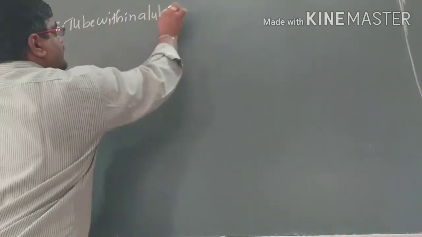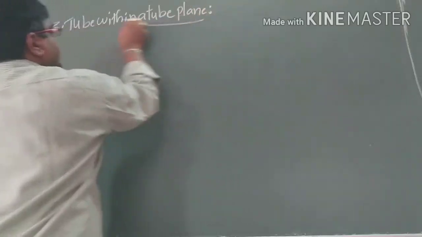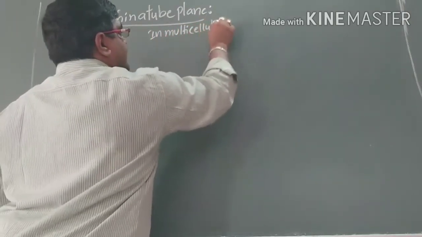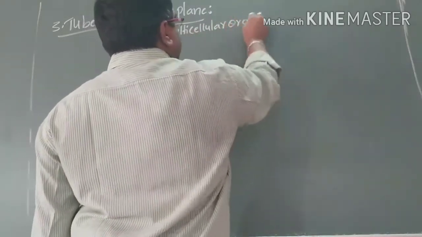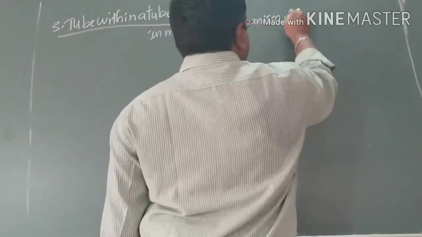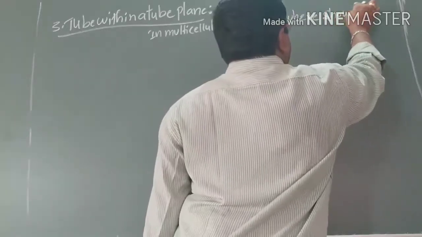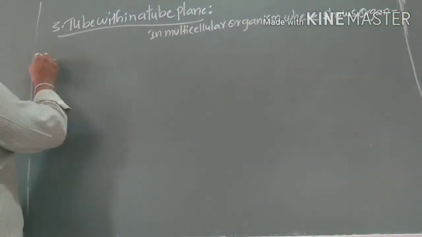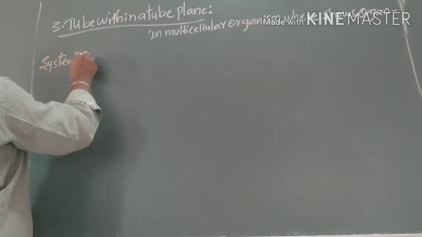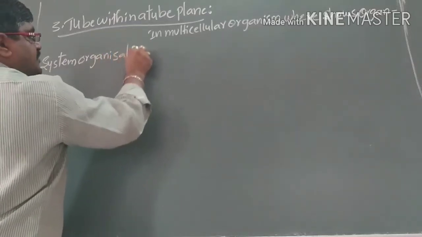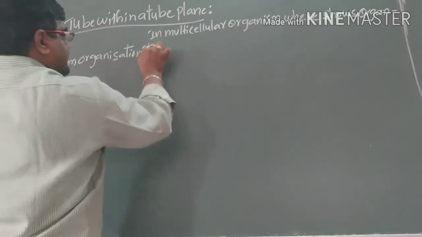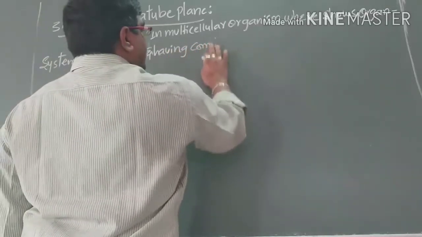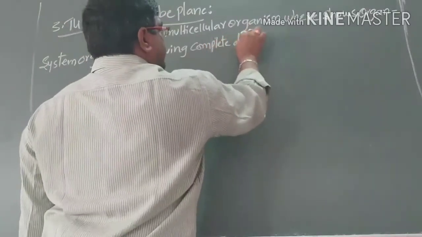Tube within a tube plan means that multicellular organisms show organ system organization and have a complete digestive system,